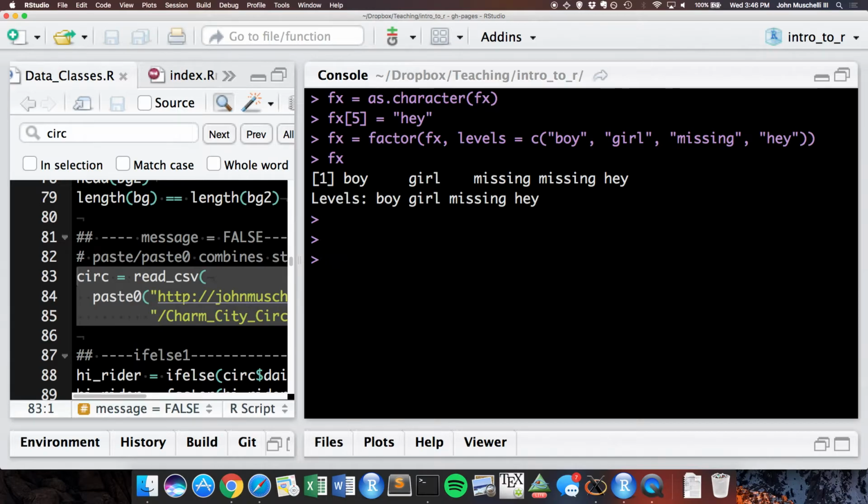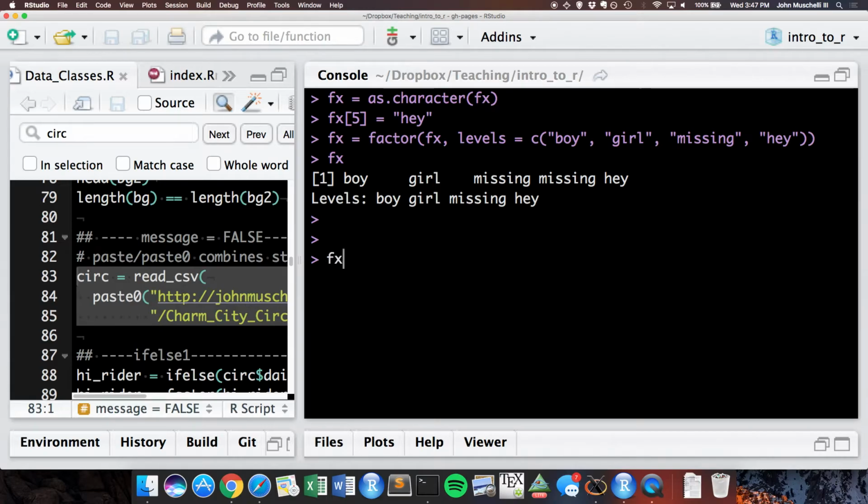So although factors are very similar to characters, they have levels, and if you try to replace things with a level that doesn't exist, it will warn you and make it NAs. Okay? Because it says, hey, you defined the categories before. You're trying to pull a fast one on me now. You have to be explicit, turn it back into a factor, and remake the factor yourself if you want to create a new level. If hey was already in there from the get-go, even if no data was in there,